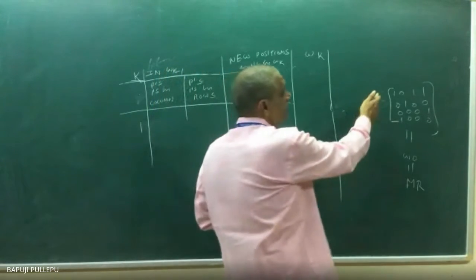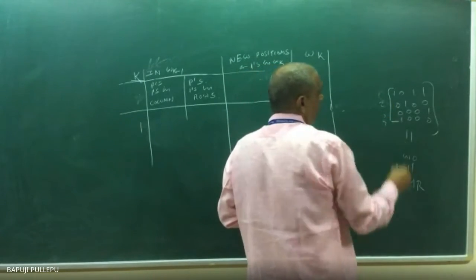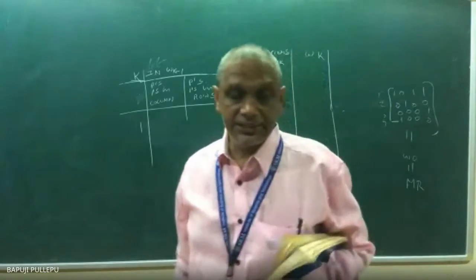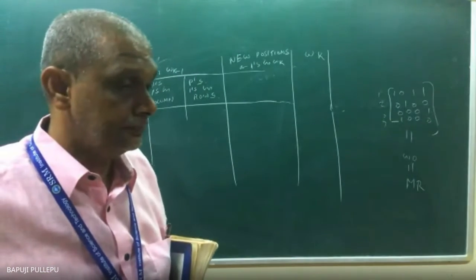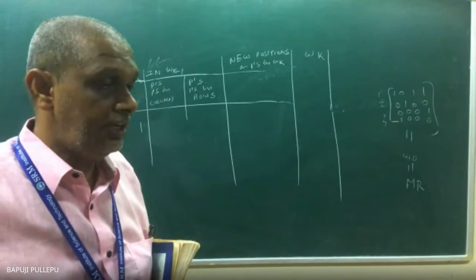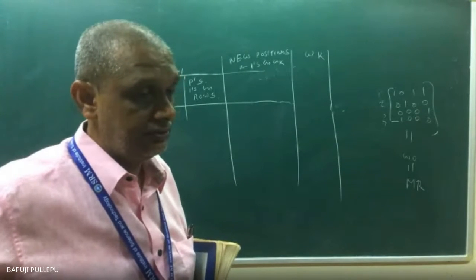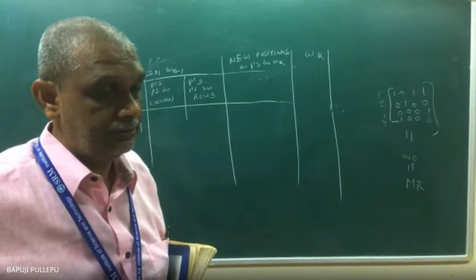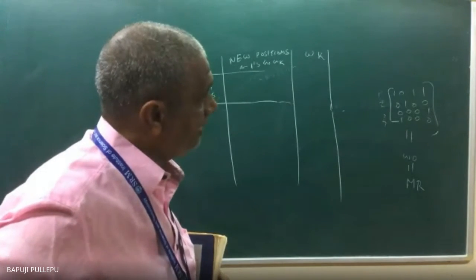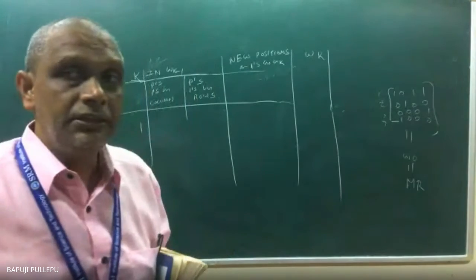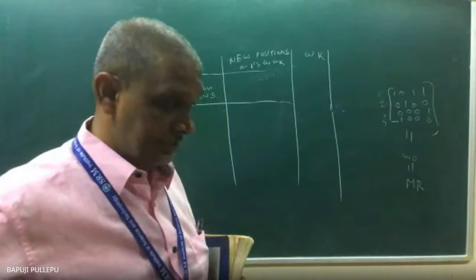Suppose A, B, C; I will write A, B, C according to my matrix 1, 2, 3, 4. So in the first position, where I am having ones, tell me. In W naught, in the first column, where am I having ones? Suppose if it is A, B, C, D, I will ask in which place, A, B, C, D. So in the A position, if you have A, I can give. Here 1, 2, 3, 4 means where I am having ones.